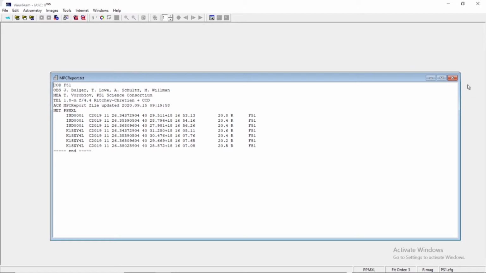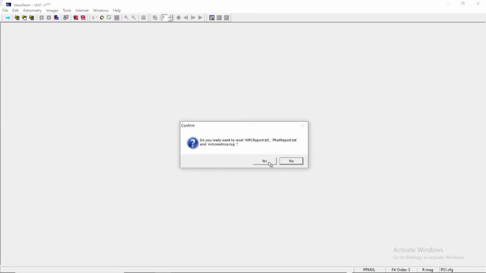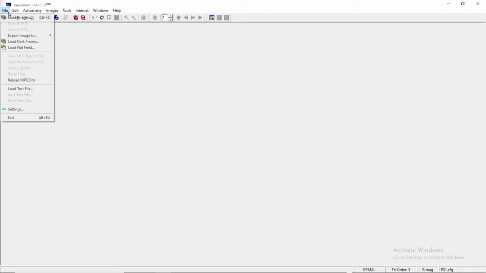As a precautionary measure, once you analyze each and every image set, you have to reset the files. Once you reset the MPC report.txt, photoreport.txt and astrometrica.log, click over yes, and now you see there is no MPC report or photometry file or log file in existence up till now.